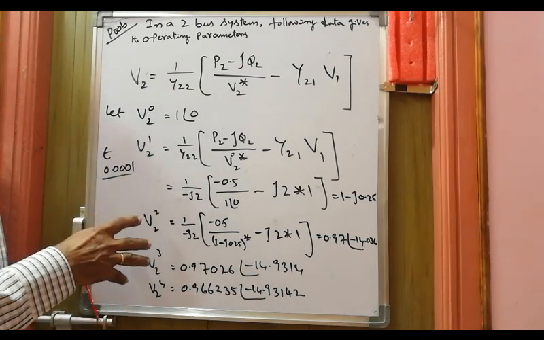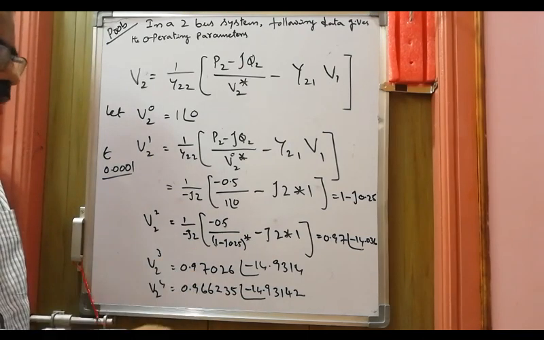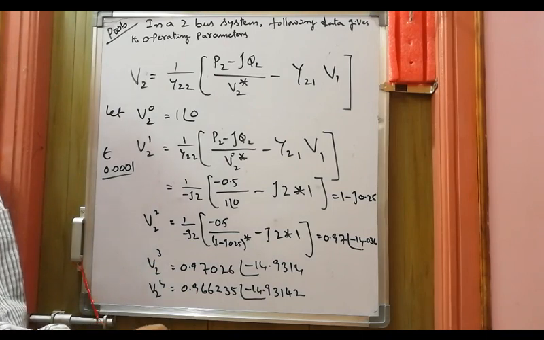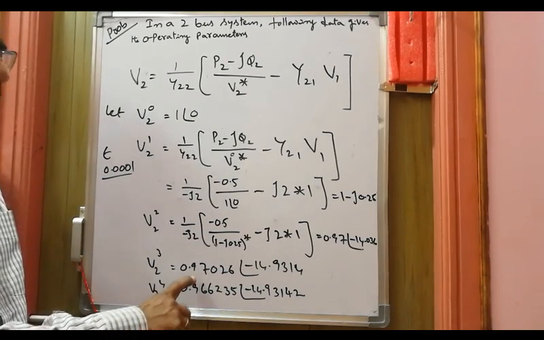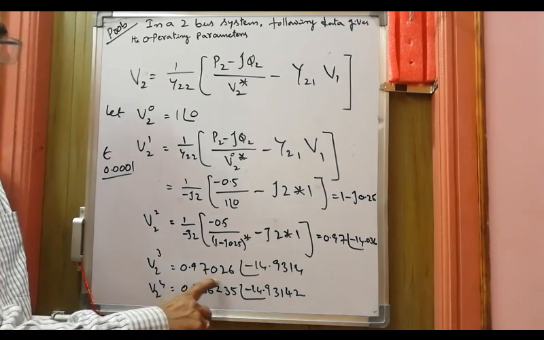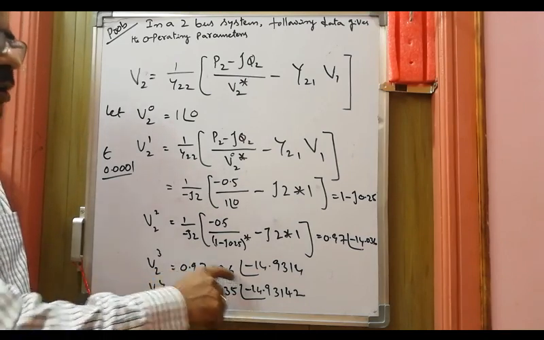Okay, so please try to substitute for more iterations, at least go up to some sixth or seventh iteration, so that you can find the difference from one iteration to other iteration. That's why I'm writing up to about 5 digit accuracy.